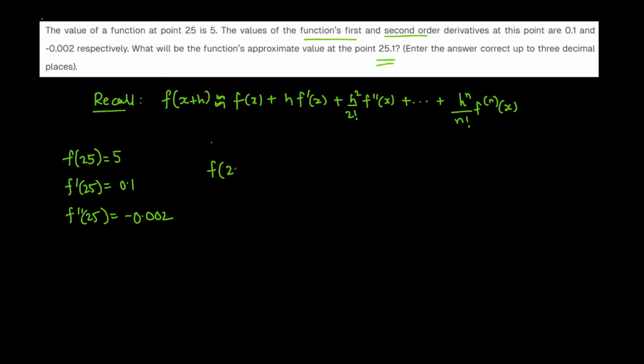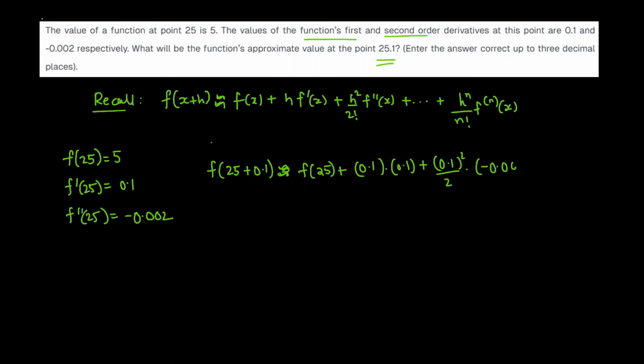So f of 25.1 can be written as f of 25 plus 0.1, which is approximated as f of 25 plus 0.1 times 0.1 plus 0.1 whole square by 2 times